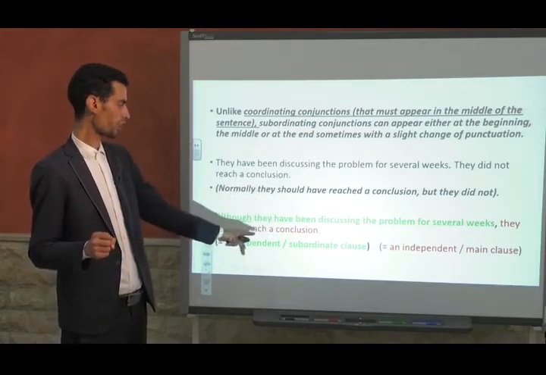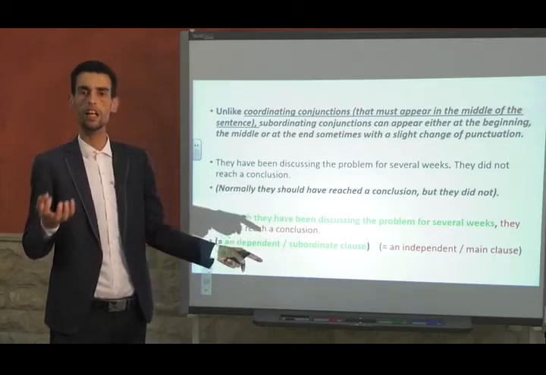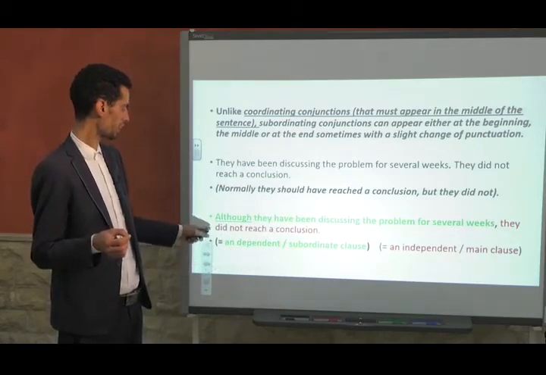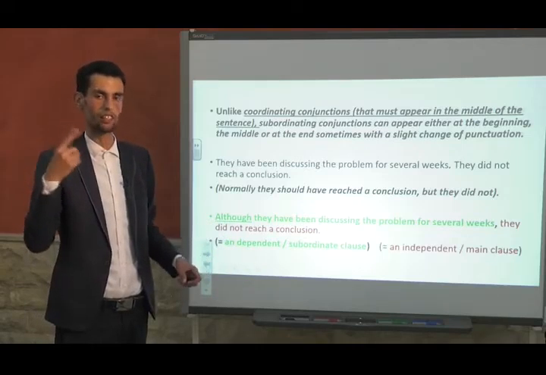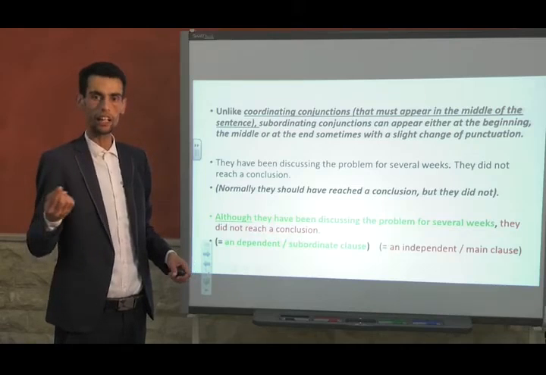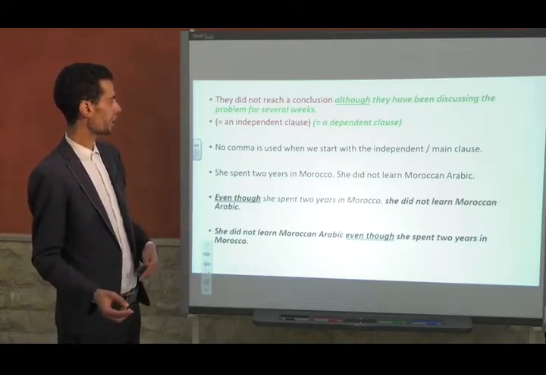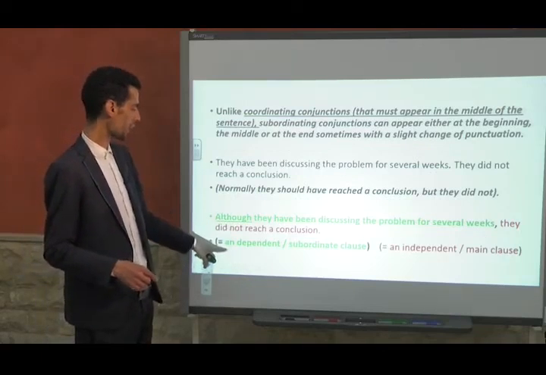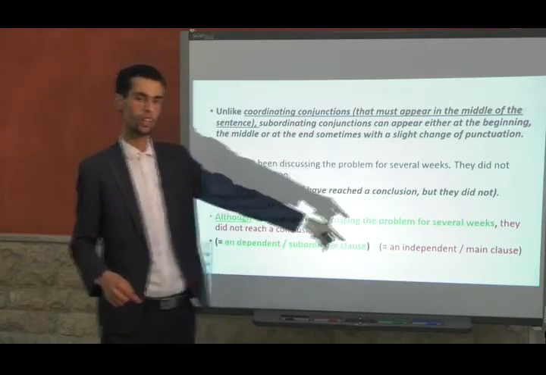They didn't reach a conclusion. That's an independent clause or a main clause. It can stand alone as a sentence without any problem. So here, for the first one, you as a hearer or listener, a receiver, expect the speaker to say something else, to complete the meaning. Let's see, for example, and I would like you to go back. So notice when we start with the dependent or the subordinate clause, you need a comma to separate